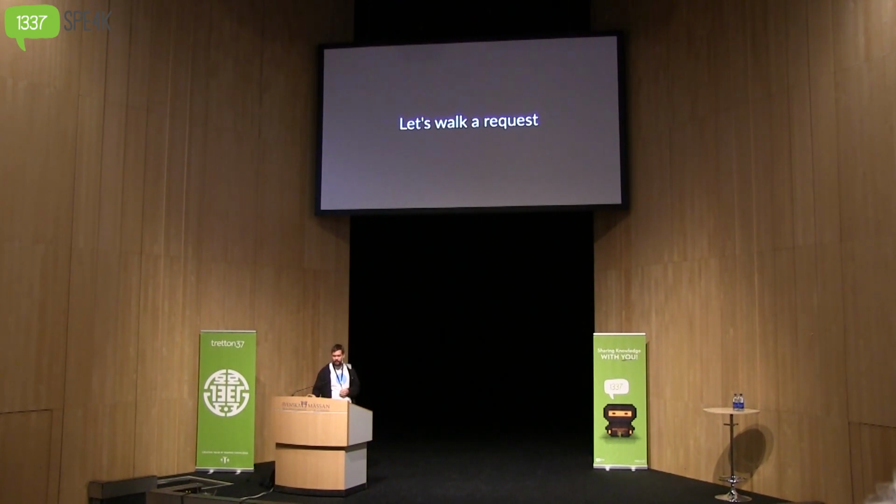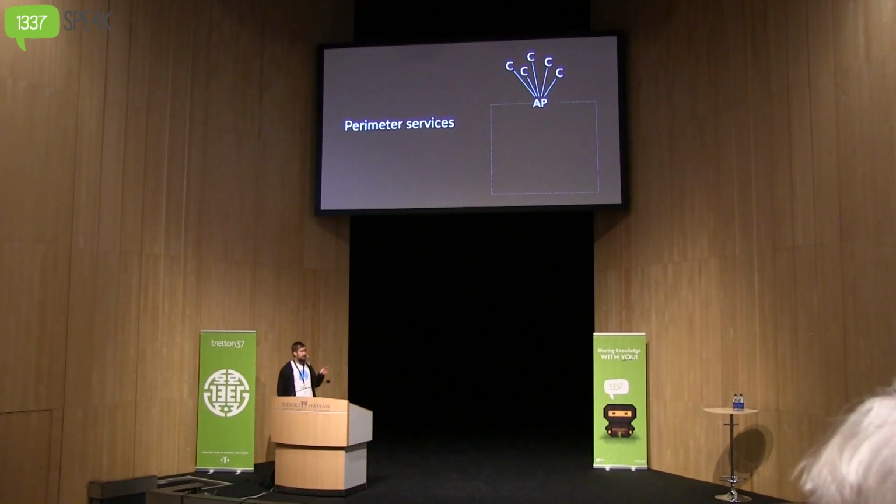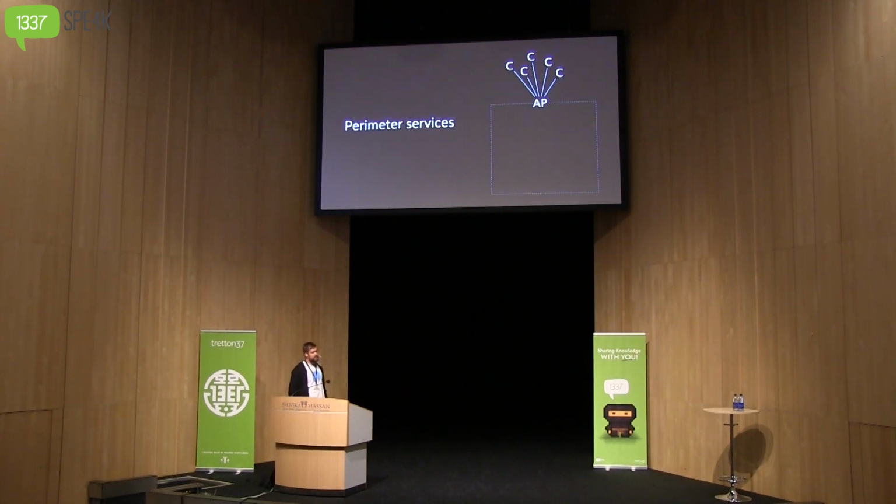These are not very well defined, but I think it simplifies the discussion a little bit if you look at this high level that there are a few different types. So starting, we have basically one or two of these that we call perimeter services. We have a few others that we actually call perimeter services, but this is the main one. It's shortened AP, which is for access point.